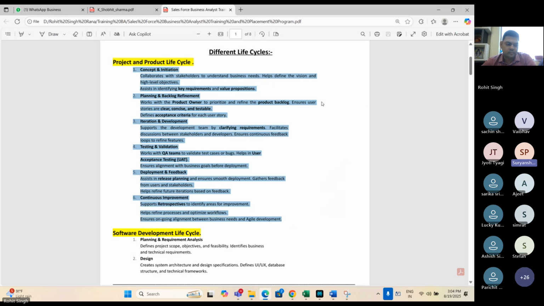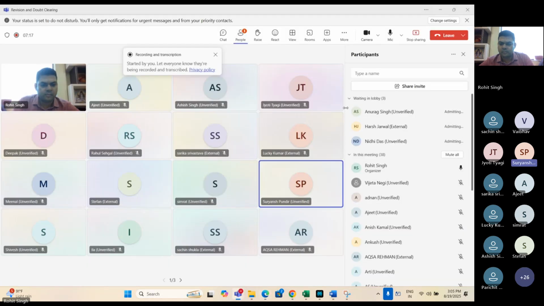So as per the business analyst, the different types of project and product life cycle. First, we have the concept, and in this, the business analyst collaborates with the stakeholder to understand the business need, to understand the objective of the project, and after that, the business analyst plans the projects, like how the work goes on with the product owner, and ensures the clearance of the